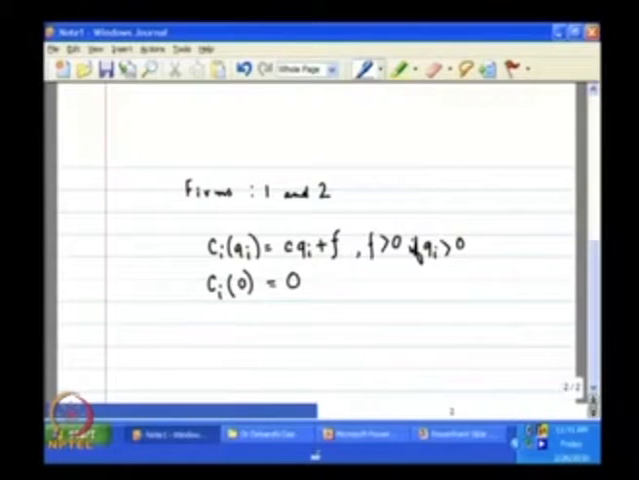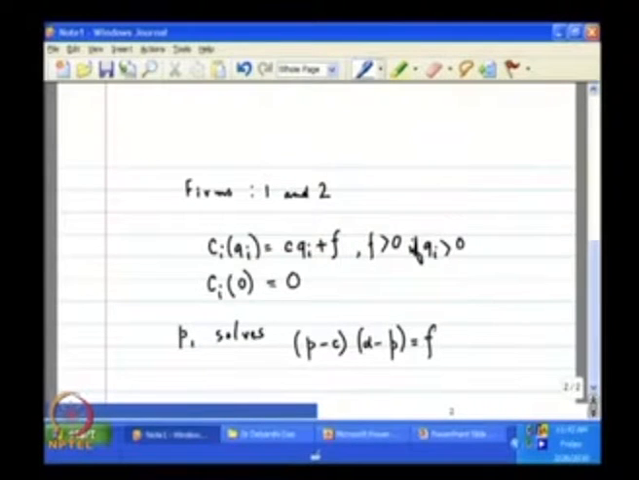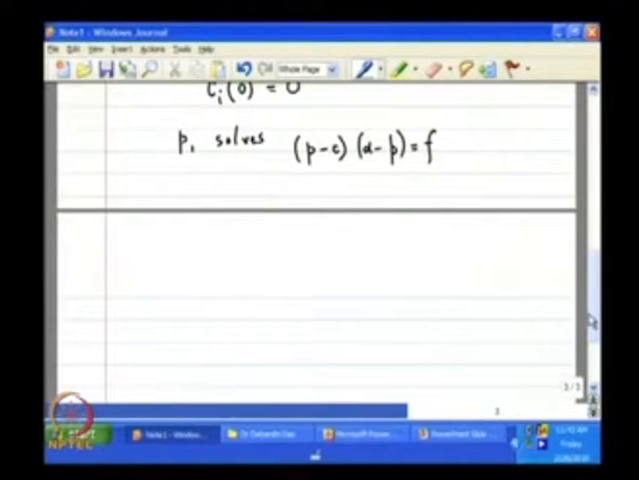So, that is it, that is the setting. We are also informed that P1 is that price which solves (P minus C)(alpha minus P) is equal to F. This is the price P1 which solves this equation, and this price we are also told is less than